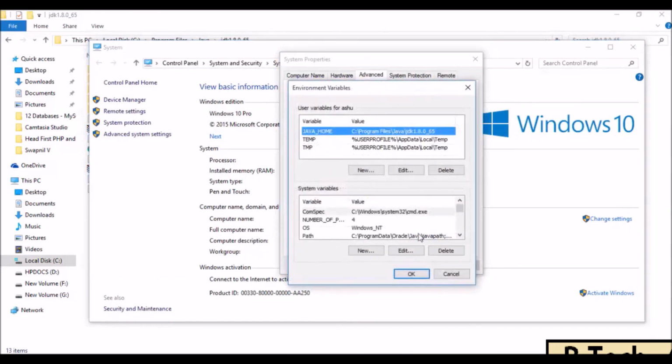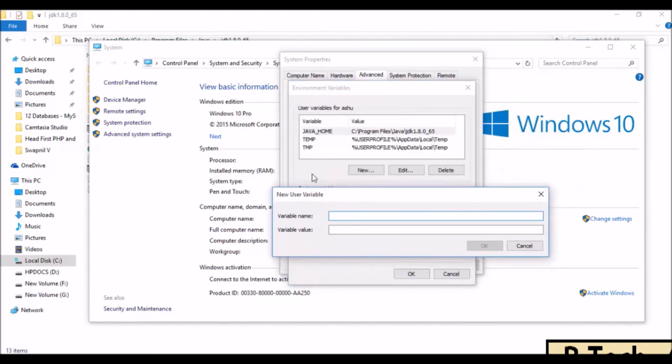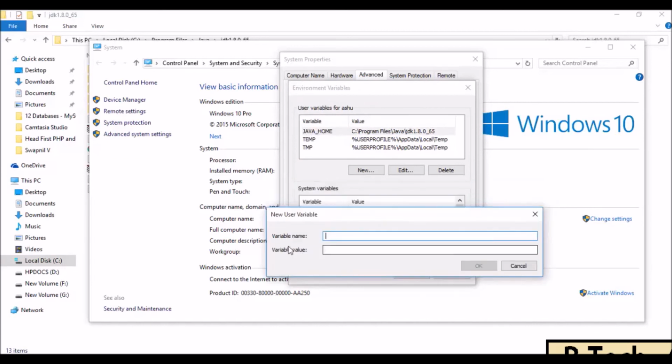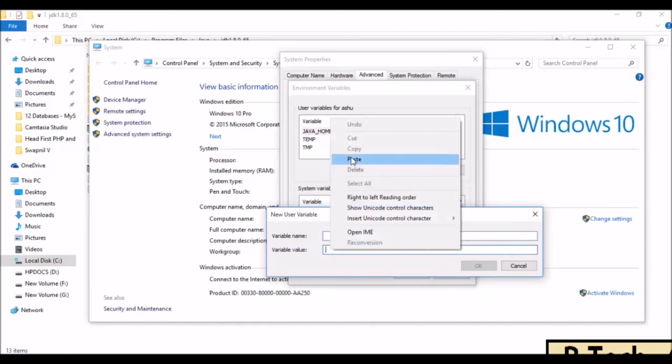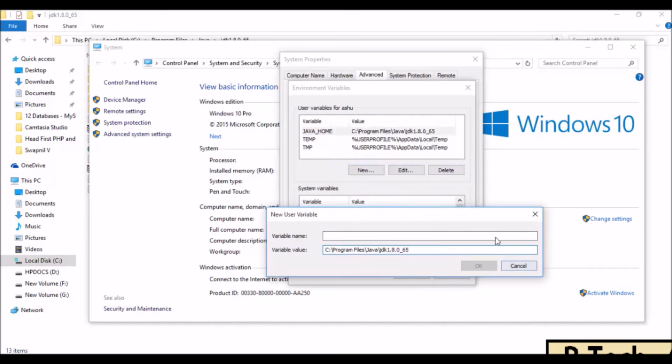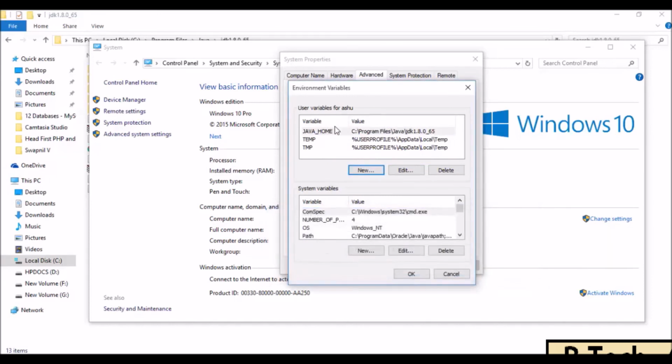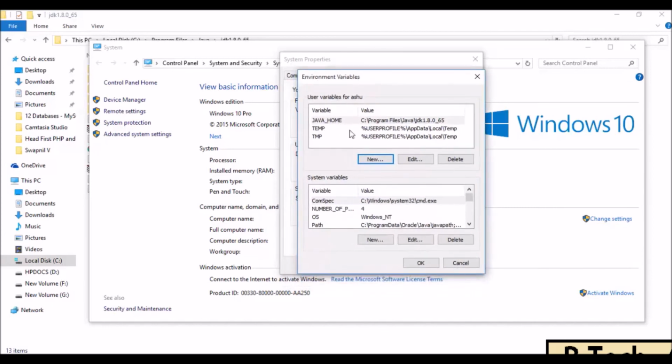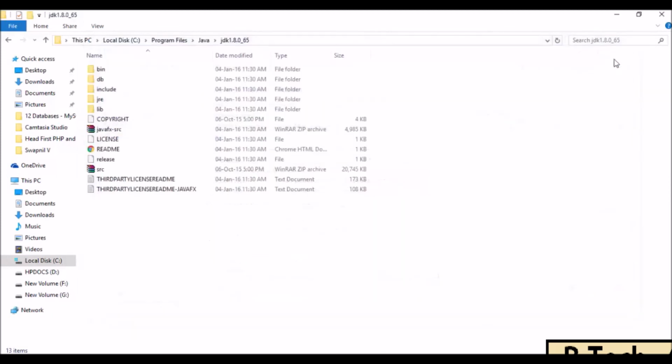Once the path is copied, the next thing which we want to do is mention this path in the new environment variable. So we simply click on this new button right over here, and you make sure that you have the variable name as JAVA_HOME, and make sure that all the alphabets are in capital. For the variable value, we simply paste the path which we have copied from there. Once you are done with this, we simply click OK. In this case, as I already have the variable on my environment variables tab, I'm not going to add it one more time. Once we are done with this, we are done with the installation of Java JDK, and we could use Java JDK in order to run our applications.